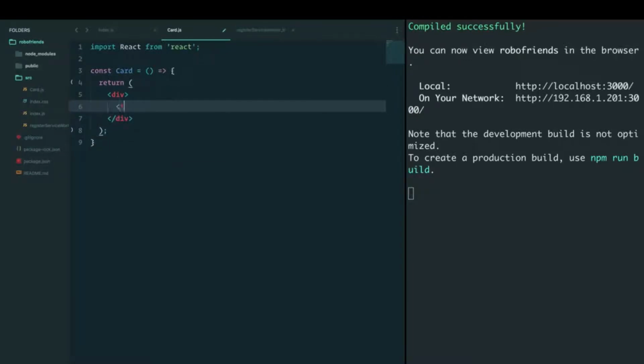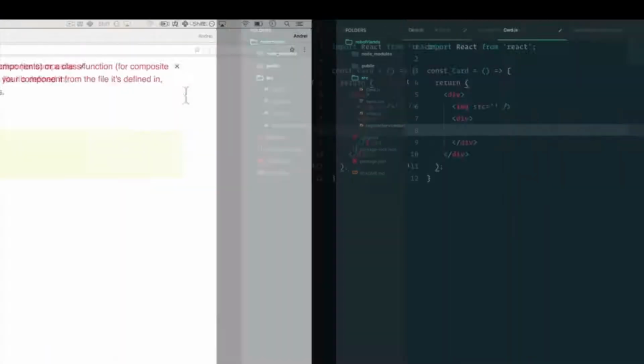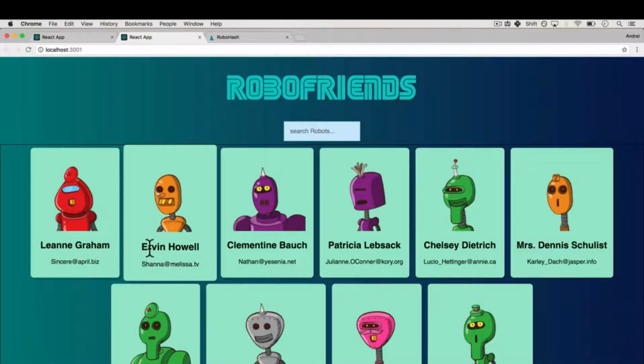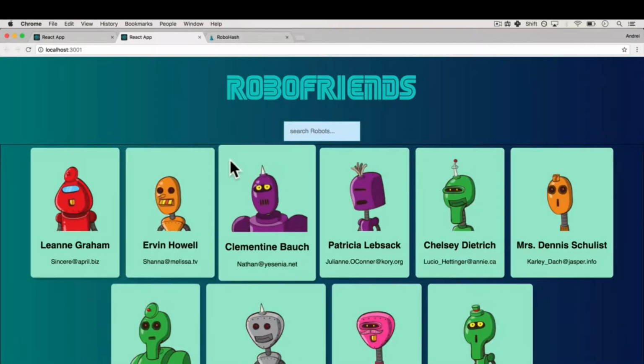Within this div, we'll have an image, and this image will have some sort of a source that we don't know what it is yet, so we'll just keep it the way it is. Closing tag, and we'll have another div